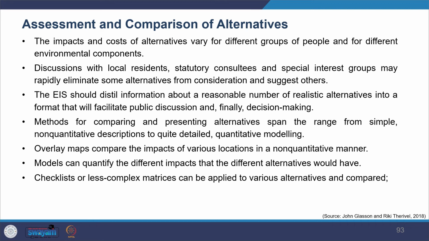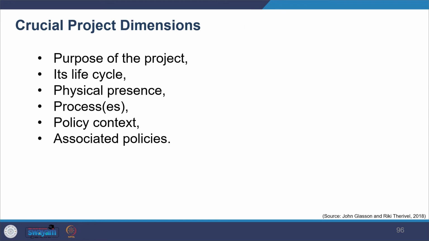You may think about a range of projects. A mining project has to be closer to the resource, and a highway project has to depend a lot on the engineering details of it. So there will be a lot of limitation on how many alternatives they can try. Now moving on, we'll see project development actions and then the project dimensions.